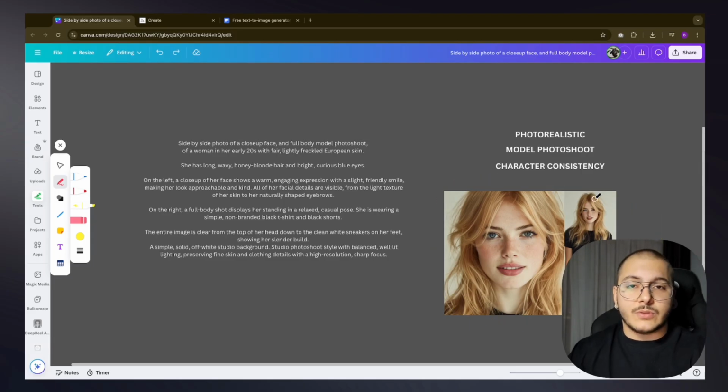and in the future you will be able to use this as a reference image when you are doing fashion photo shoots or other kinds of product placement in this character's hands, or putting her in a different location and a different scene. This video came out of a necessity because I tried achieving character consistency across different